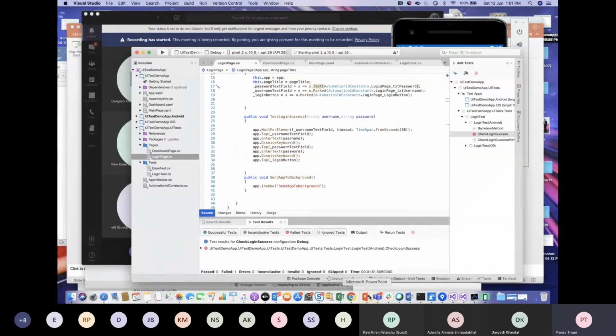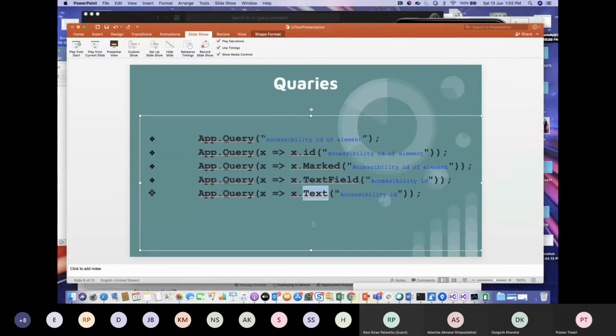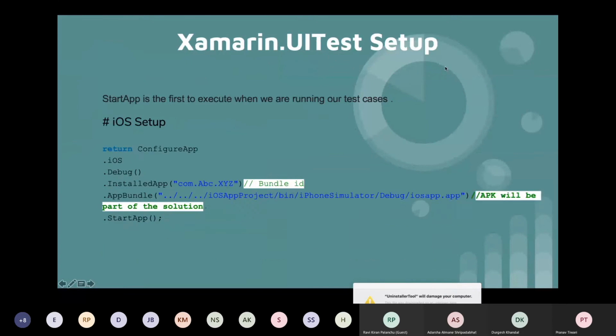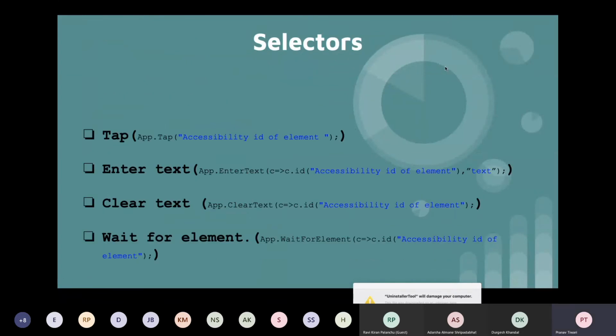Let's go to our slide. So what are the selectors that are available for selecting the elements? The first one is tap, that we have already seen.